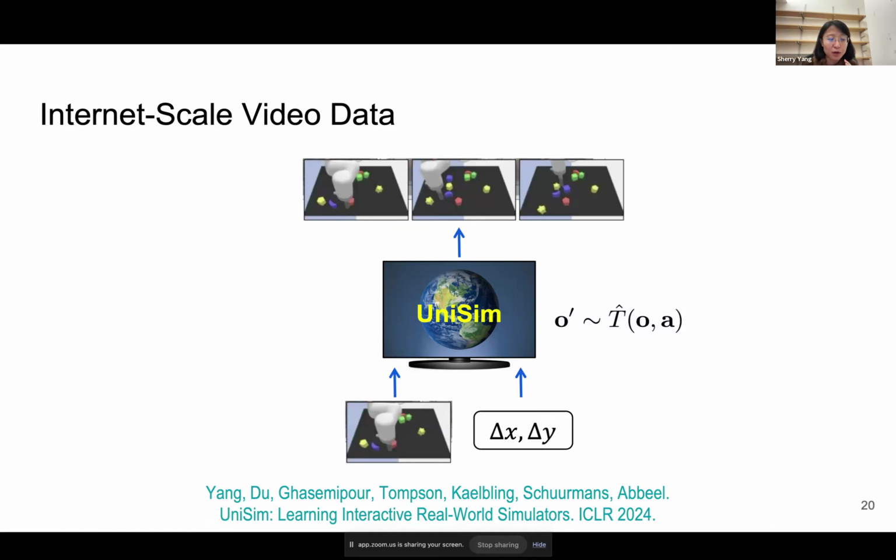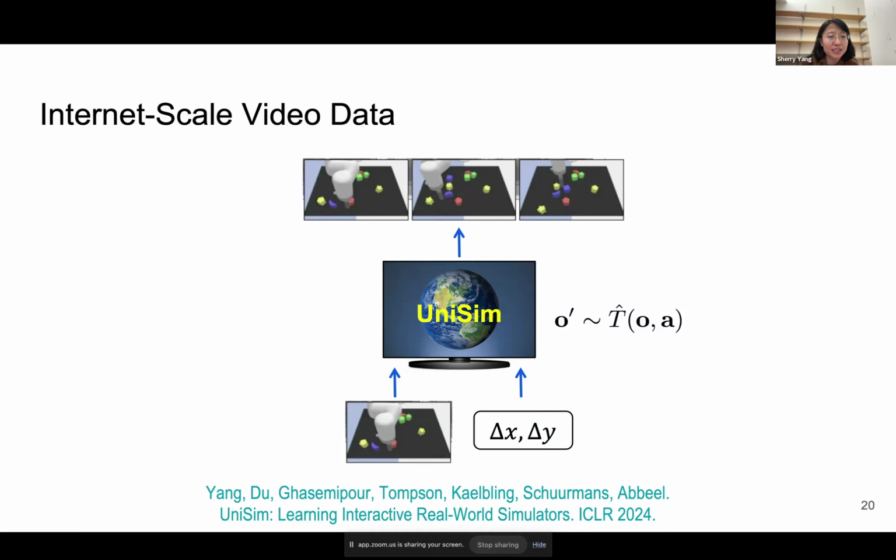And what I'm trying to get at is that each of these datasets has its own characteristics. For example, human data has a lot of realistic objects, but it doesn't have robot actions. Robot data has robot actions, but doesn't have as diverse a set of objects, right? And simulation data has a large quantity, but the image quality is not very close to real images, right?